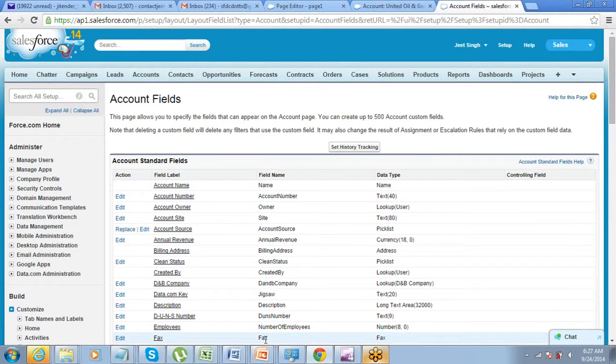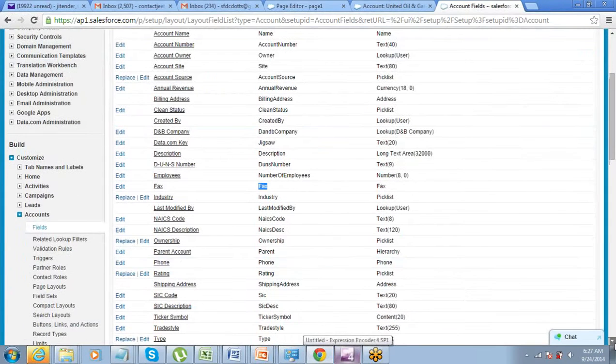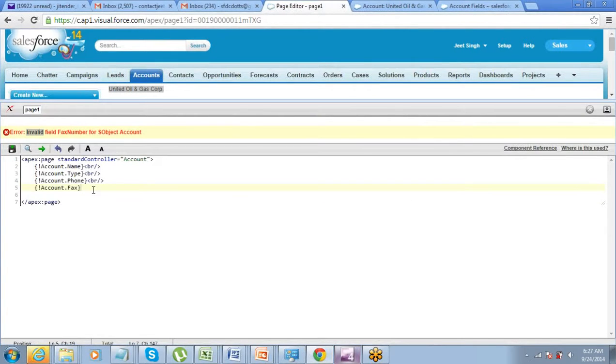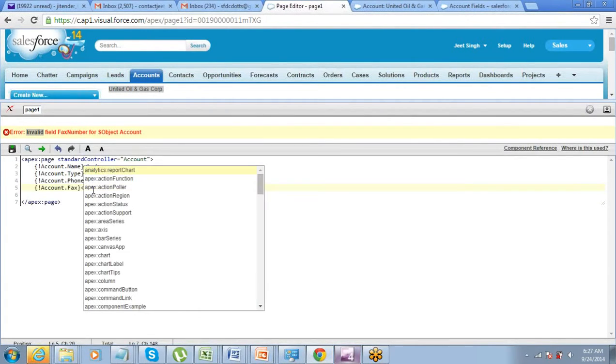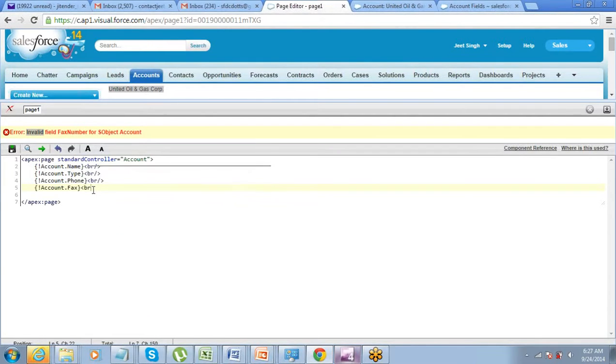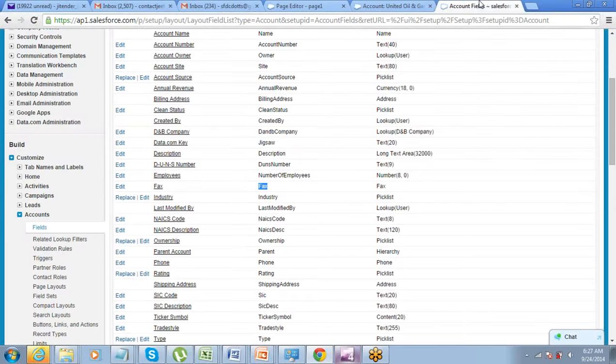So what is the name for this fax field? Fax. This is what I should be using there. Now if I want to display the industry of the record as well, then it should be account dot, what is the name of the field? Industry.